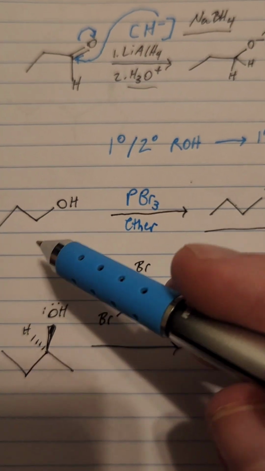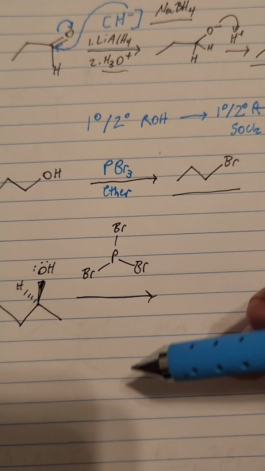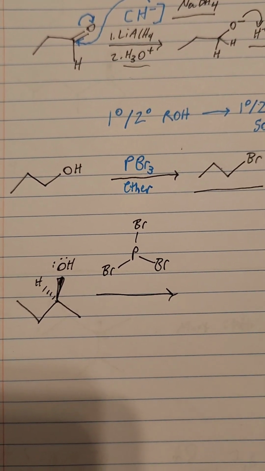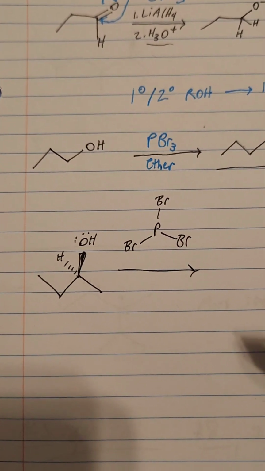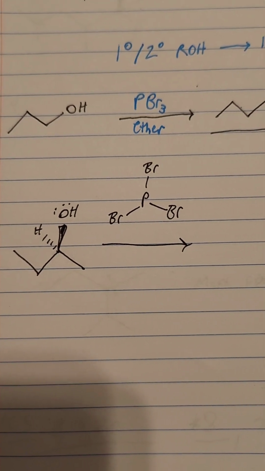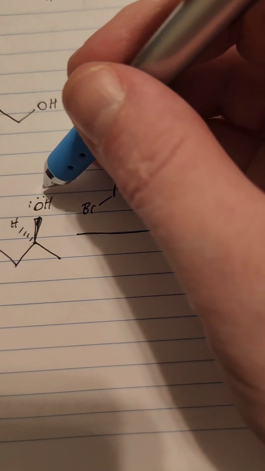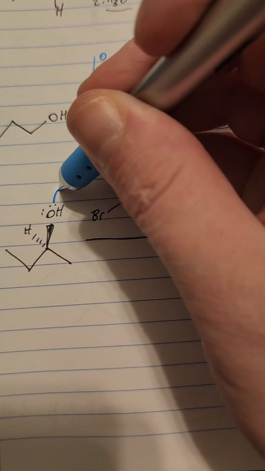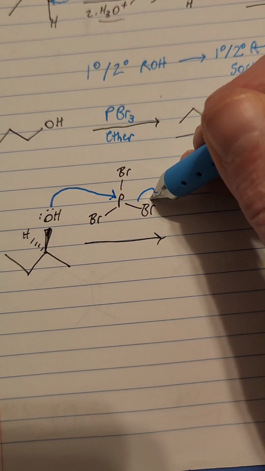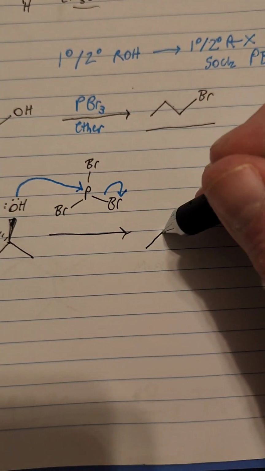Since the stereochemistry here isn't specified, there's not really a need to go into the stereochemistry for this specific reaction. However, the way this works is that, let's use a secondary alcohol since that's a little easier to draw out the stereochemistry with. So what happens here is that the oxygen from the alcohol attacks the phosphorus group, kicking off the bromide. And what that gives us